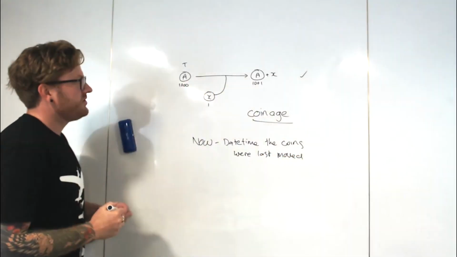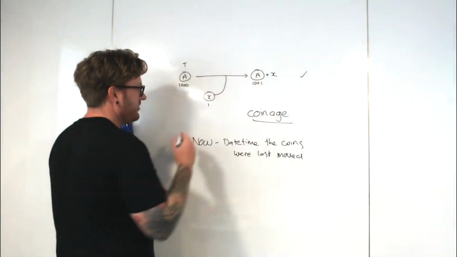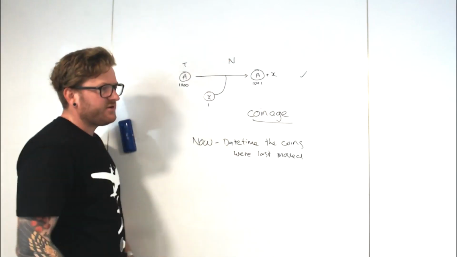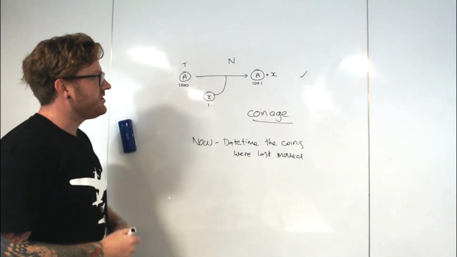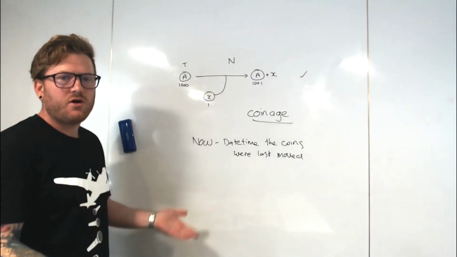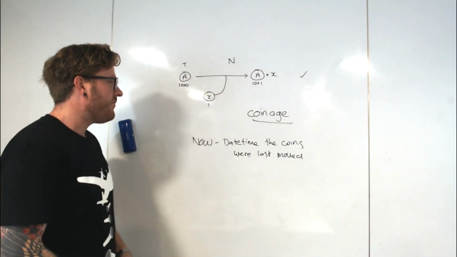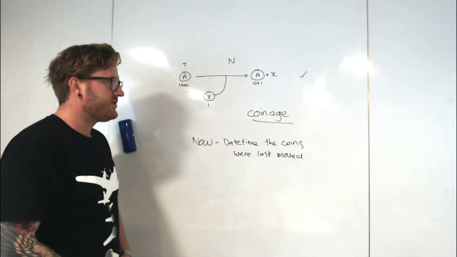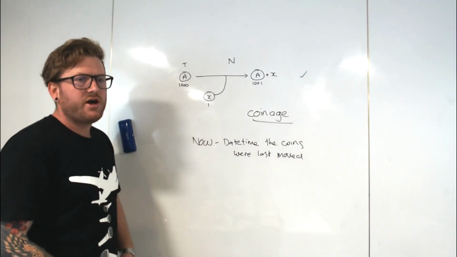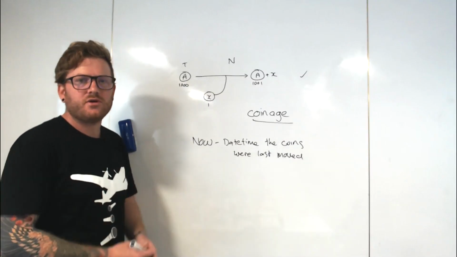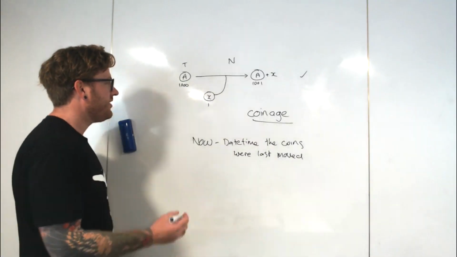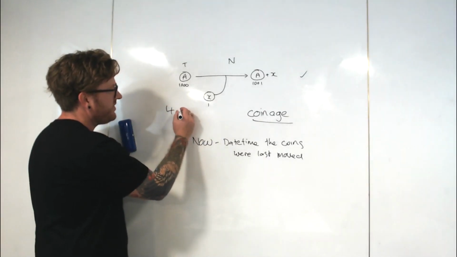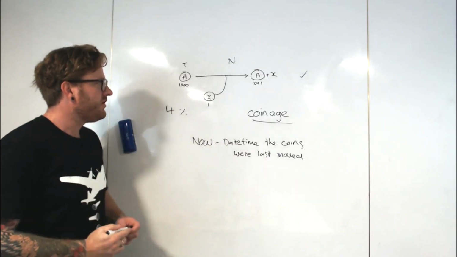So in this instance, we ask, what's now? I'm not sure what notations you use. We use N for now and T for the time of that transaction. And we go N minus T, and that tells us how old the coins are. And from that, we're able to calculate this percentage-based reward. We calculate how much we're allowed by the network to generate and add to our transaction, right? So the way that it works at the moment is we have a 4% reward.